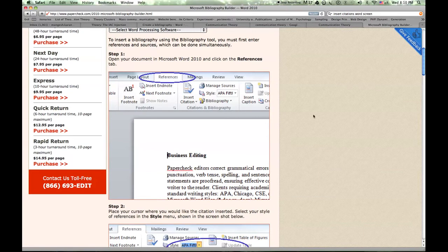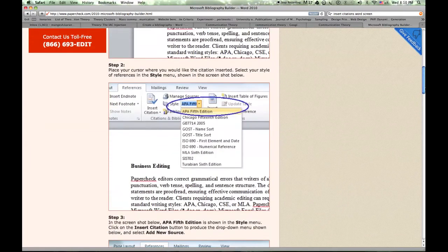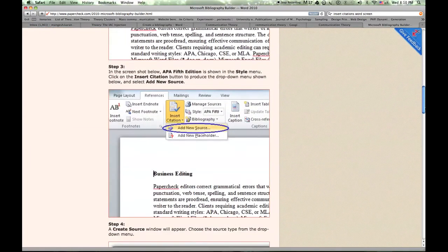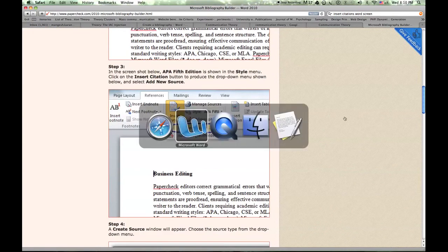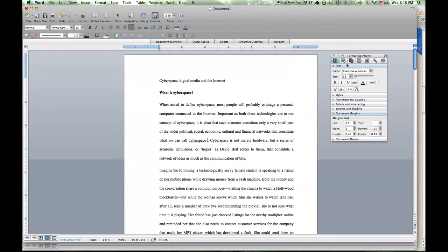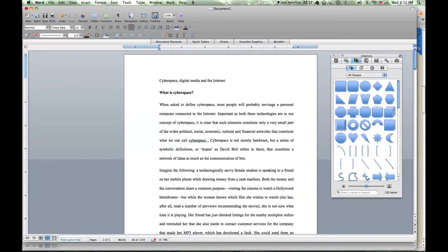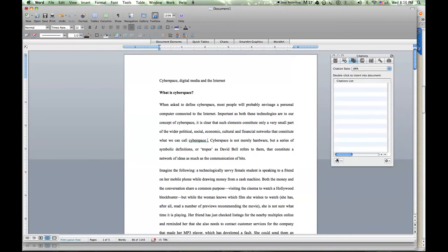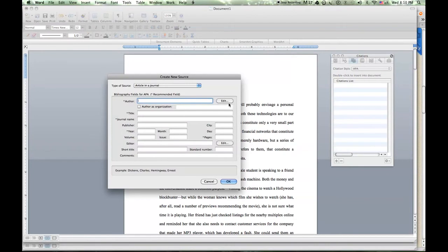When you click insert citation, you will probably get this kind of menu, add new source. That is where you should go. I'm doing it here on my Mac machine, so I click on insert a new citation. This is the screen that you'll get when you also use a Windows machine.